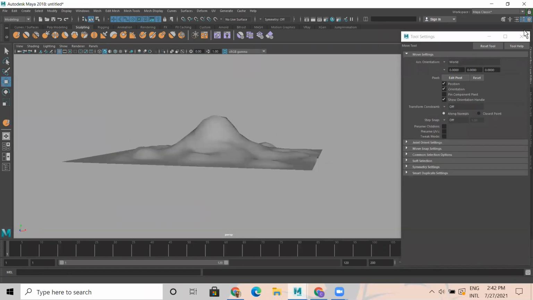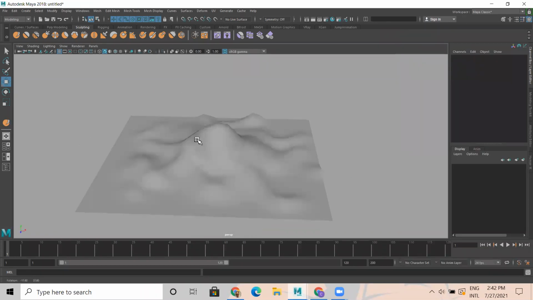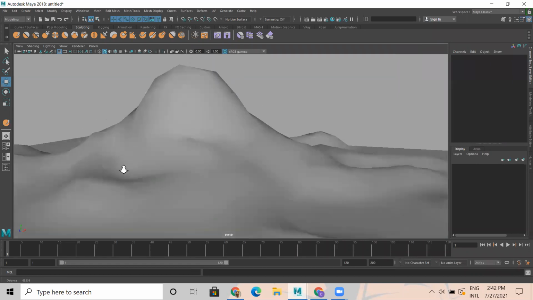Okay, it's like this. I just created a plane like this so that it looks something like this.